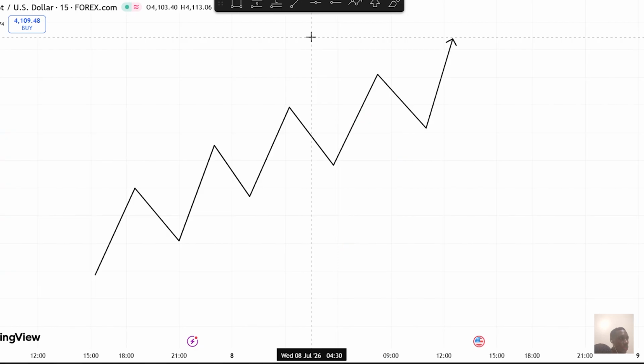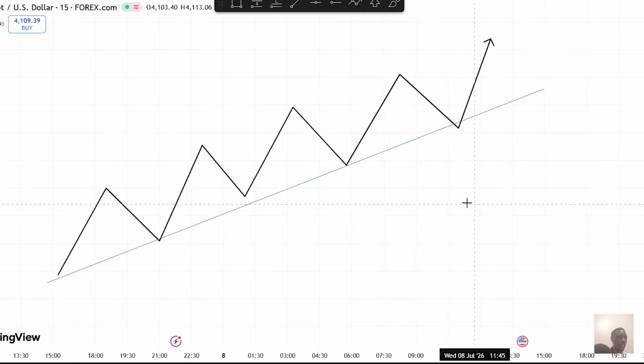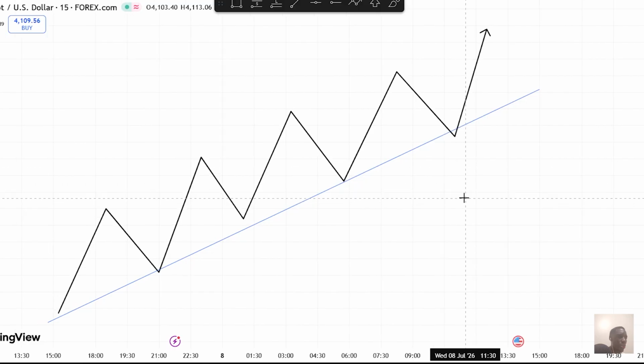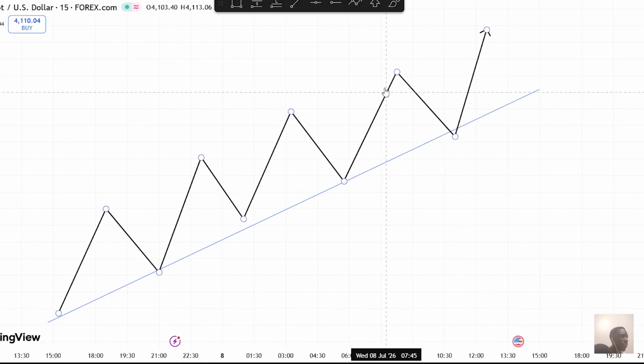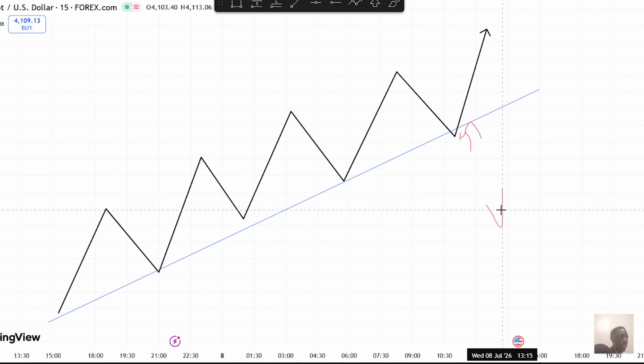There is a clear-cut way to view the trend in the market as traders. When price is pushing to the upside, it's very important to understand structure. Most retail traders will try to use trend lines, but one of the most efficient ways to understand the market and get into good moves is market structure, because trend lines are going to mislead you. As you can see here, price broke this trend line,